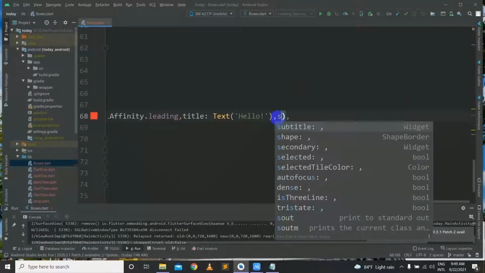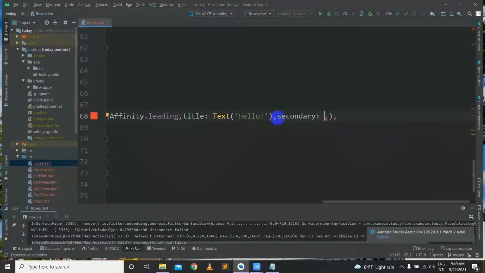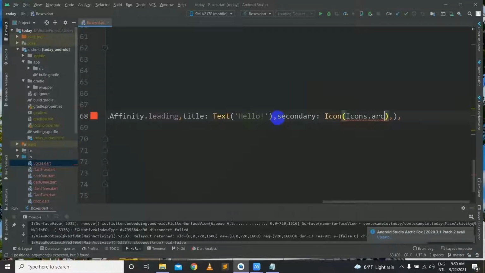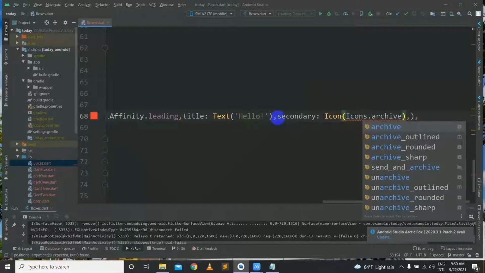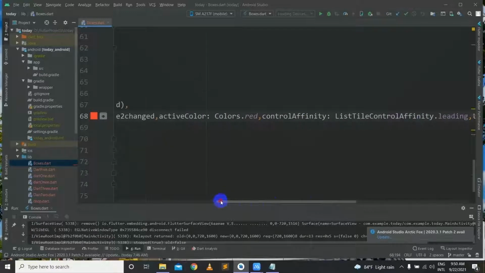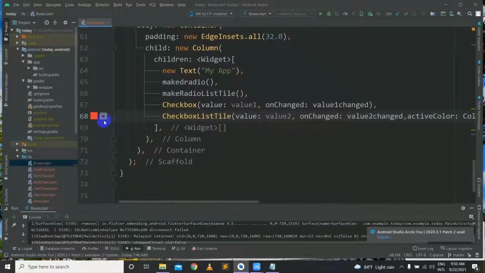And now let's give it a secondary property. For the secondary property, we will give it an icon. The icon will be icons.archive. And now we have made our checkbox and checkbox list style.